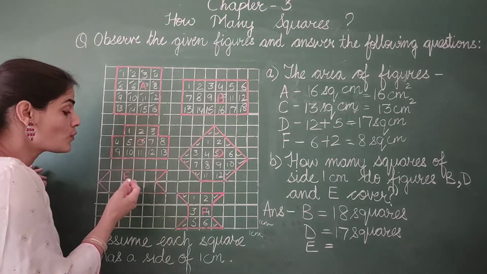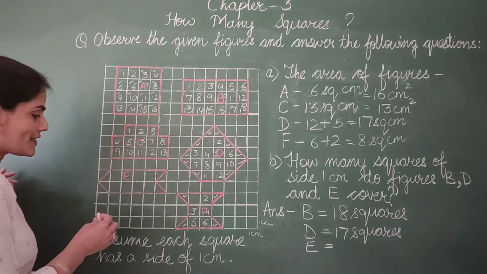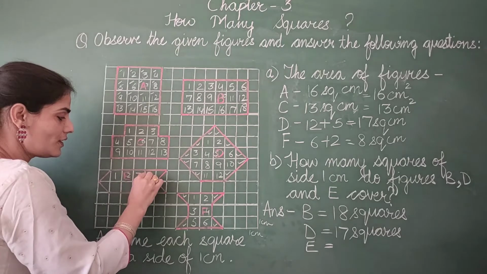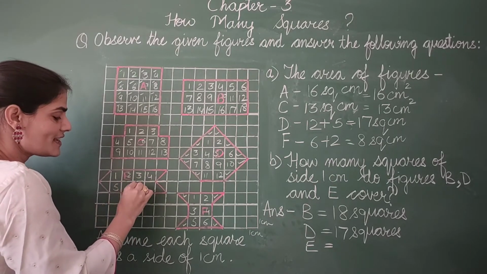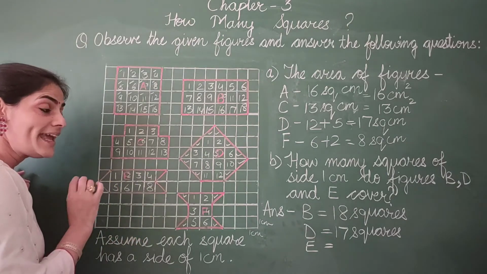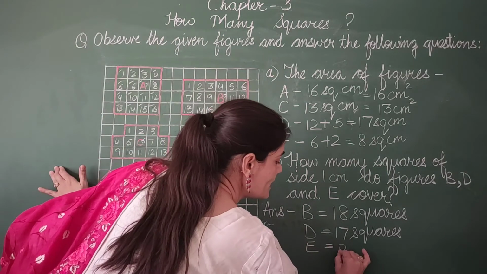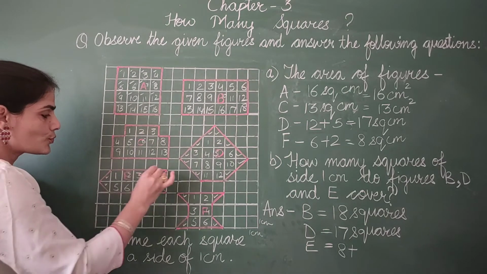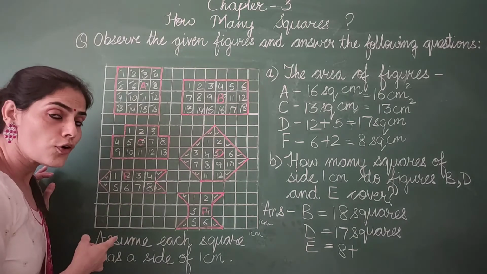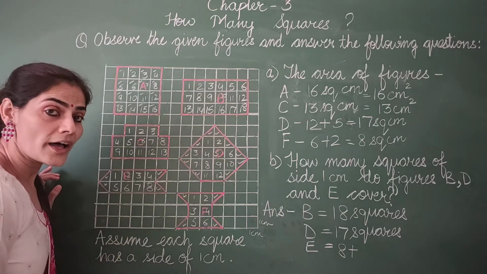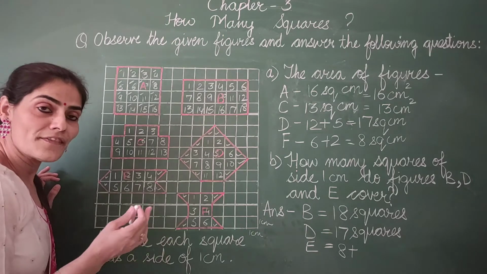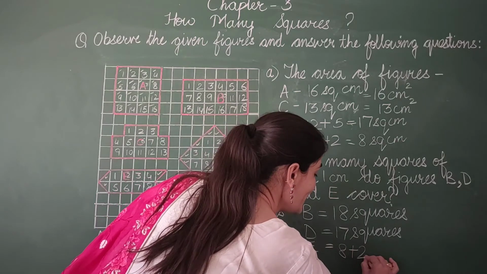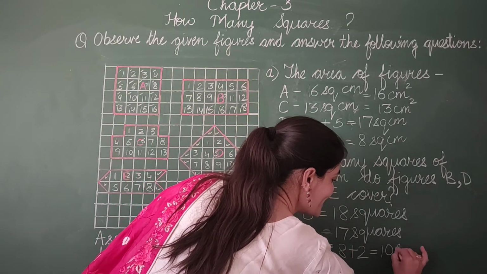Again, it is covering some whole squares and some half squares. So let's count the whole squares first. 1, 2, 3, 4, 5, 6, 7, 8. 8 whole squares are there. So can I write 8 plus? So what number do we get? 1, 2, 3, 4. There are 4 halves here. So 4 halves will make how many wholes? Divide 4 by 2. So it gives us 2 whole squares. So 8 plus 2 gives us 10